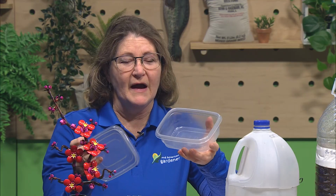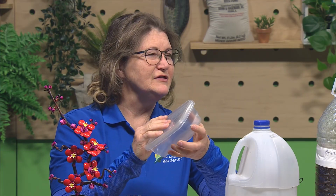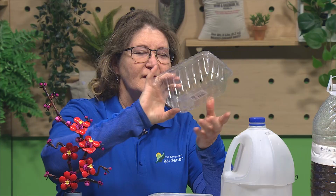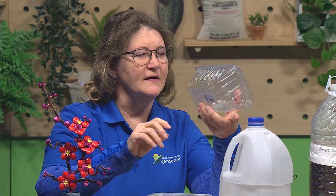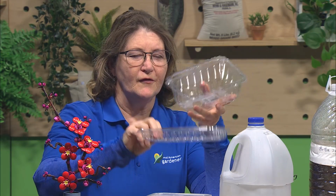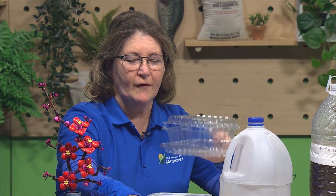They even make microgreen combinations where you can buy those seeds as well. And then, here's a strawberry container. Again, it's got drainage. I'm going to try these this year to see. It's a little bit bigger. I keep some things for saucers. And of course, you've all heard my